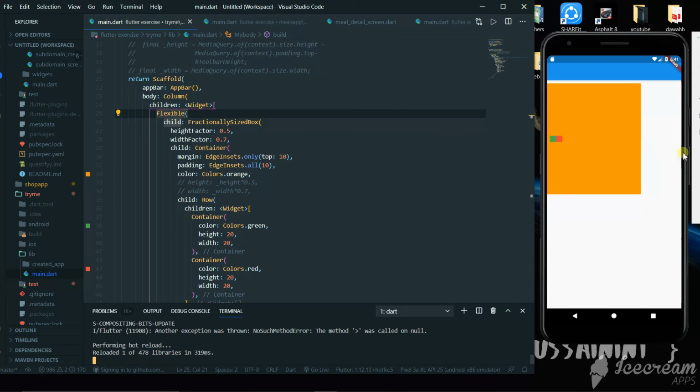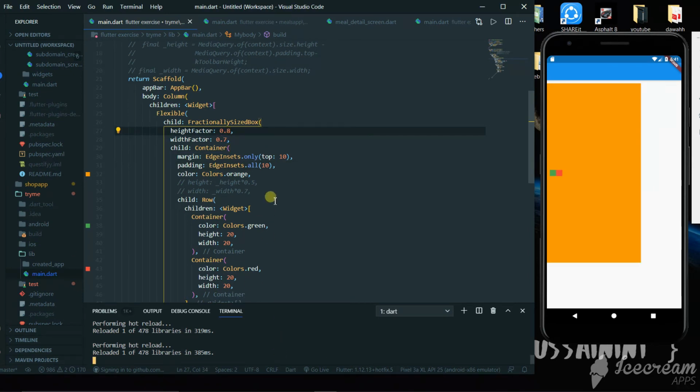So we got our widget with the height and width which is responsive. Let's say we make this 80 and we run this. So we can see that our height and width is being changed according to the values that we give here.